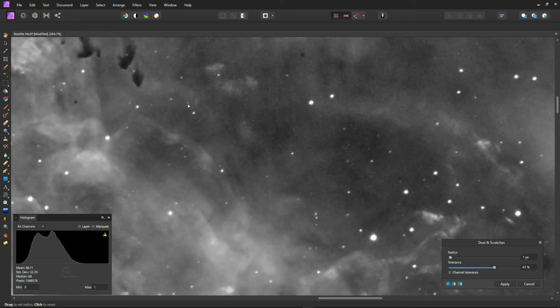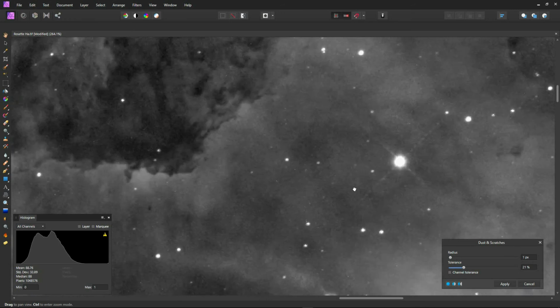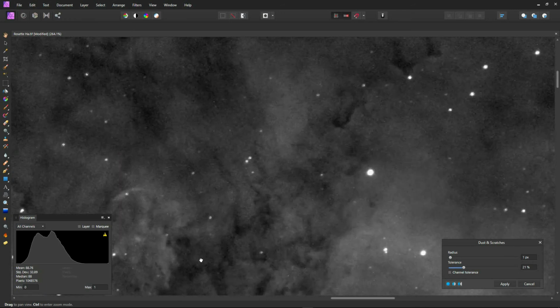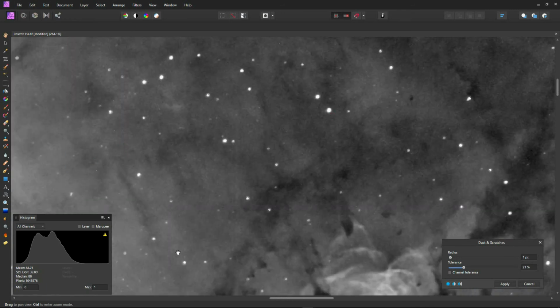You can see a few of these hot pixels scattered around the screen, and once again as I've dragged the slider over to the left, they're just starting to disappear. So we've pretty much got rid of most of them there, and I think that something like that would work well. I've stopped at 21%, and it seems to have shifted most of them. I can't see any, maybe a few fainter ones lying around,